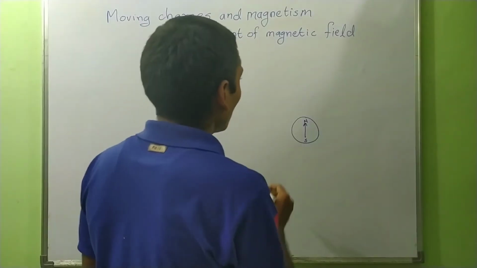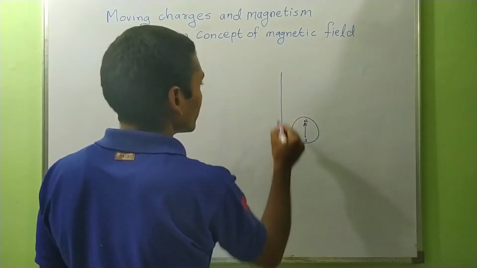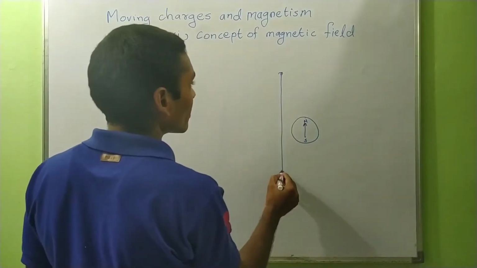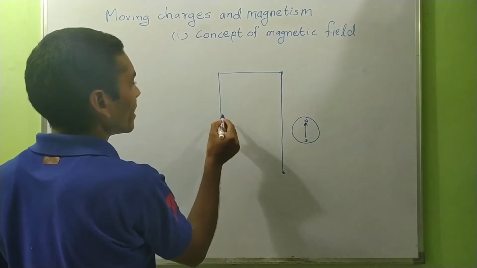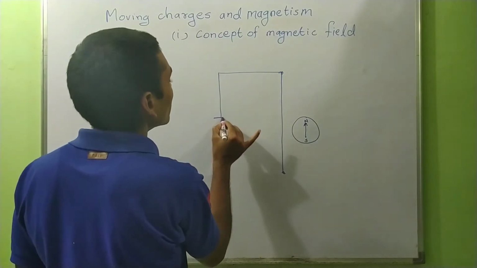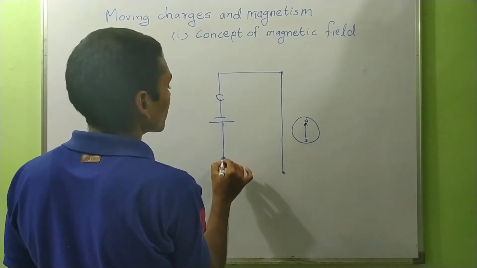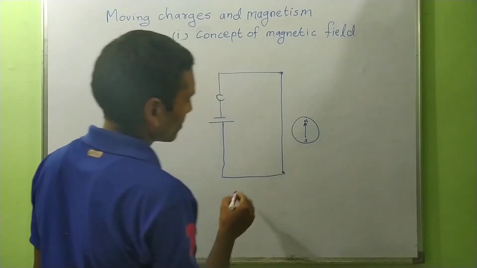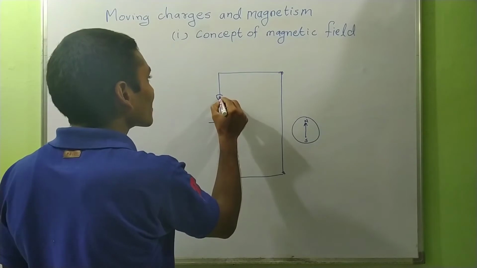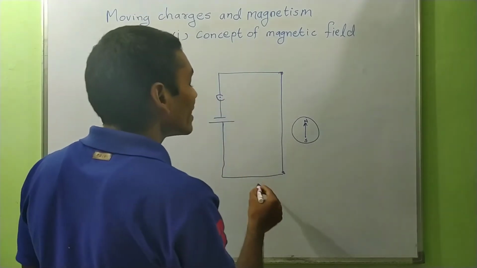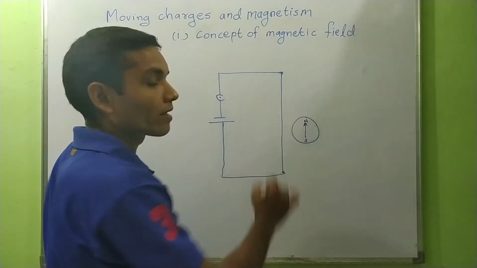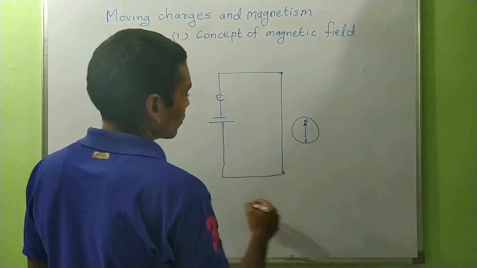And let this be the conductor connected to the battery, and this is the key. If this key is closed, then current will flow through the conductor,